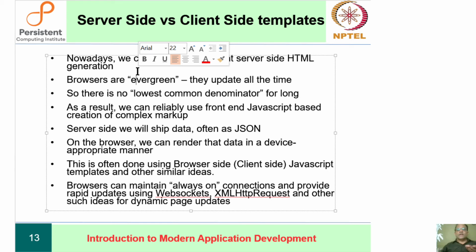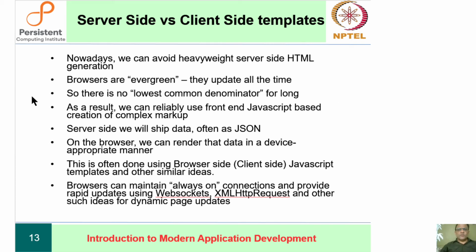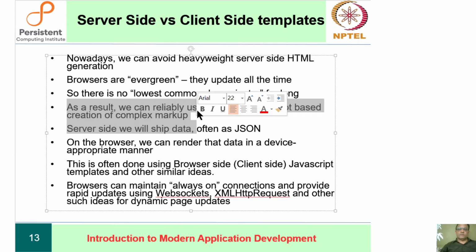Back when these kinds of things were generated on servers, one reason was that browsers were still evolving and kind of flaky, and it took time for people to update these things. But for about the last decade or more, maybe the last 12-13 years, browsers have become self-updating. They are updated very, very quickly and reliably. And so we say these are evergreen browsers. Most of them, when they acquire a capability, all of them copy each other and acquire the capability very, very fast. So as a result, you can reliably use front-end JavaScript based markup.